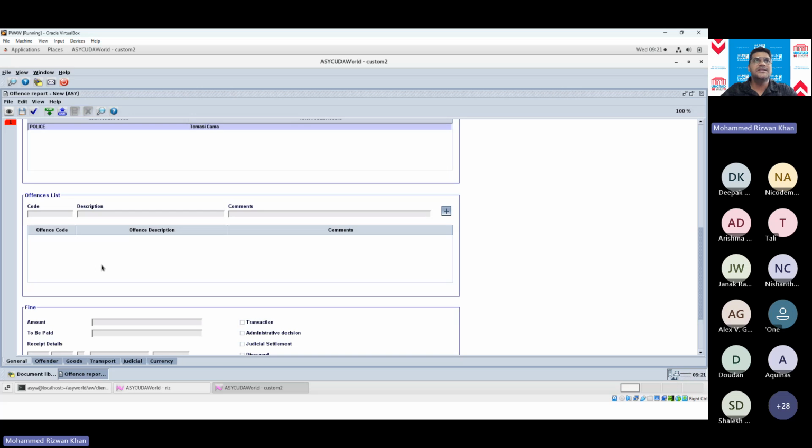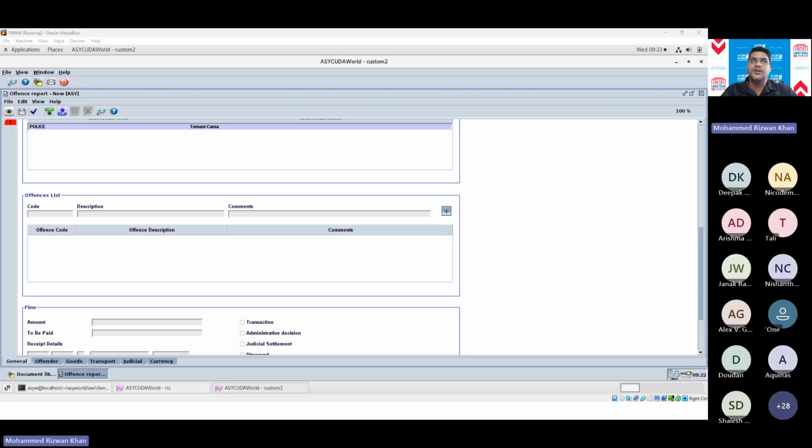Next, the offense list. This is where you'll put down all the types of offenses. Okay, so I have a question from Stanley: can the administrative type be logged to the unit officer and further differentiated on the finder so that other agencies only see their own officers? The second part of the question is so that other agencies can only see their own offenses.